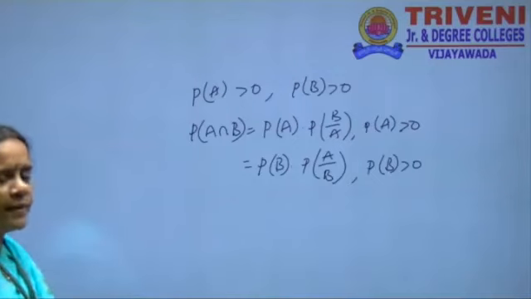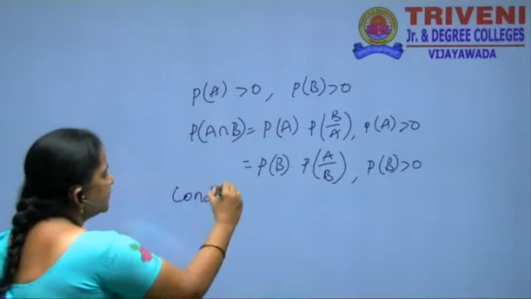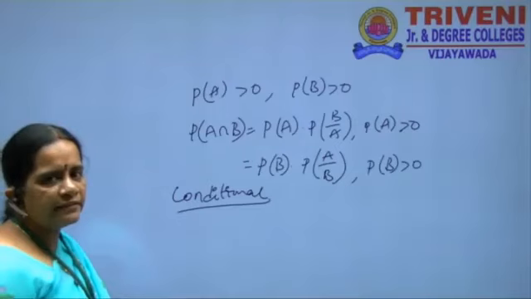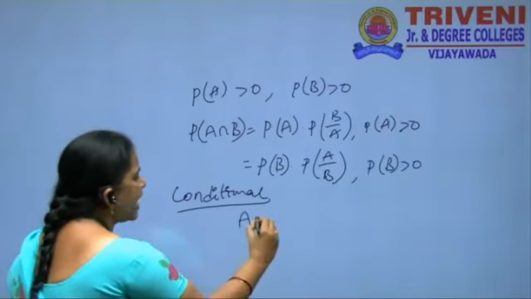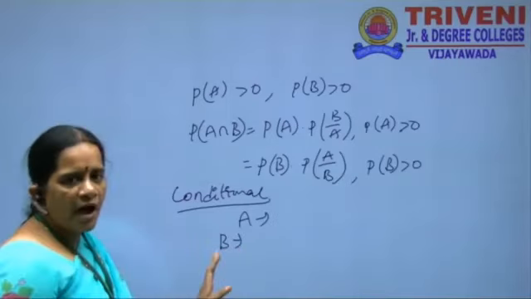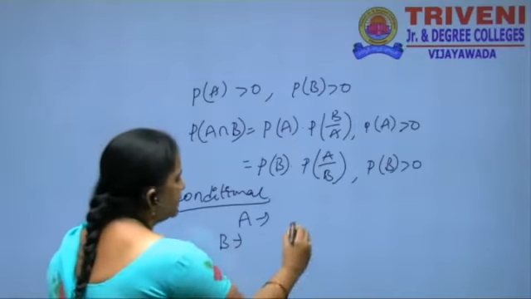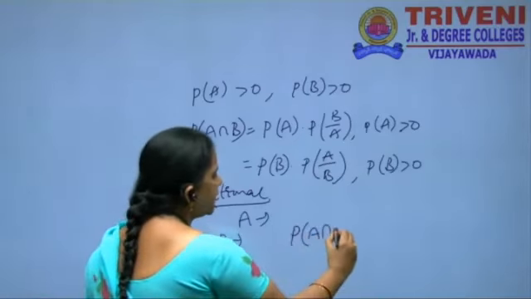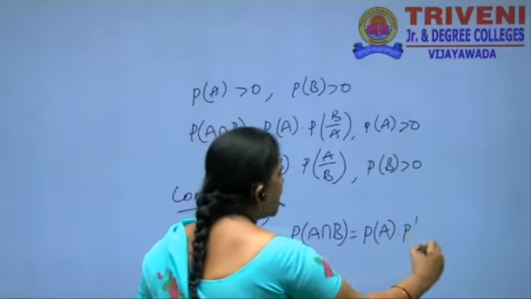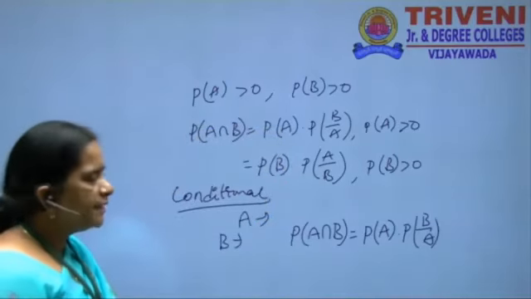In this proof the multiplication theorem uses the conditional probability definition. Conditional probability means we suppose two events are there. One event happens after the event B has happened, first we have B and then A after B. This can be written as P of A intersection B is equal to P of A into P of B by A. And Bayes theorem we also have to know, from the last class.